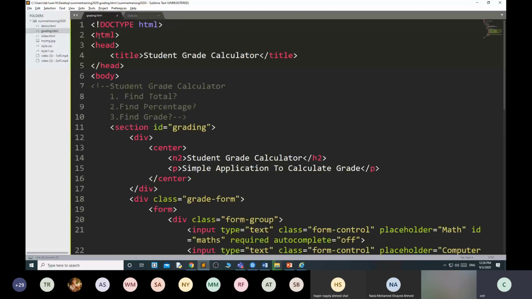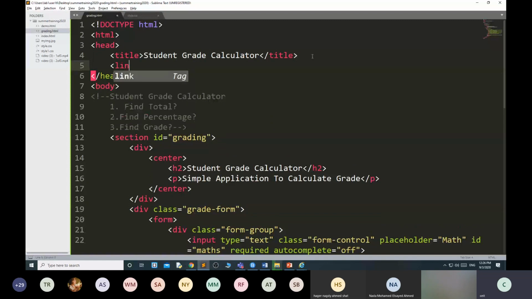This style.css I want to include inside this HTML. You can include it inside the head. Okay. What's the tag? Link. Link rel stylesheet. Type, this type is not needed. Href, hyper reference, means which file you want to refer. Which file do I want to refer? Style.css. Understood? All of you understand how to include the external style sheet in HTML?